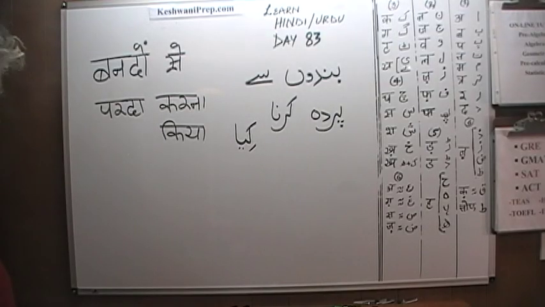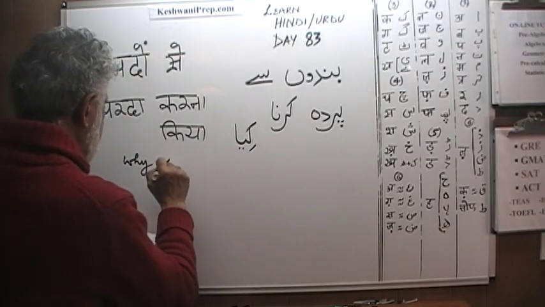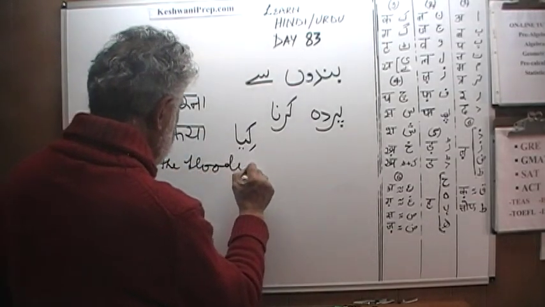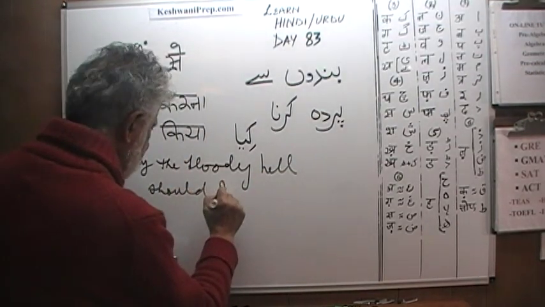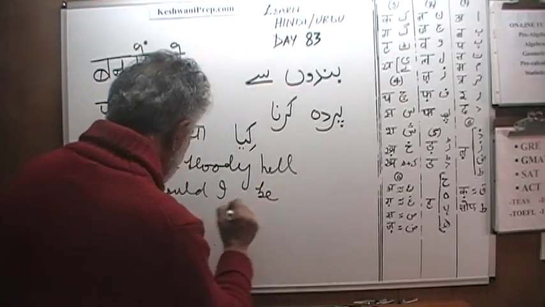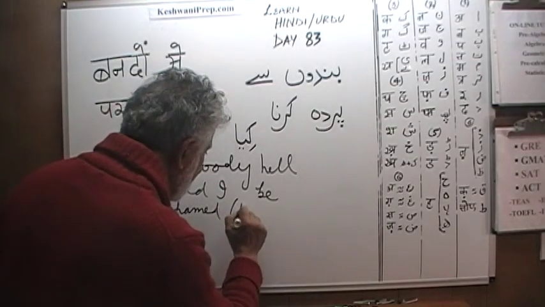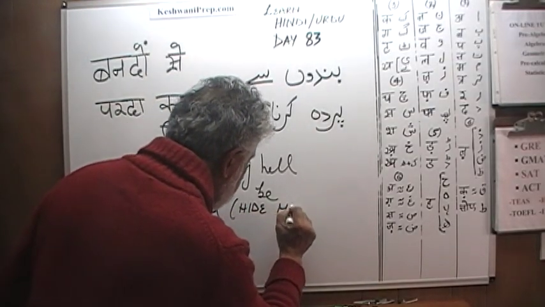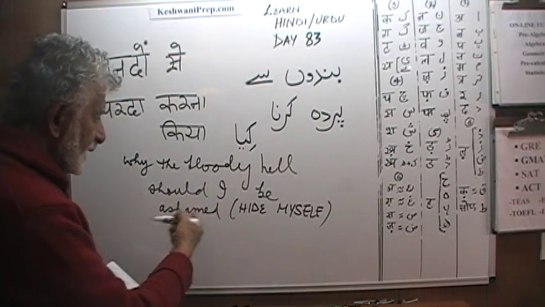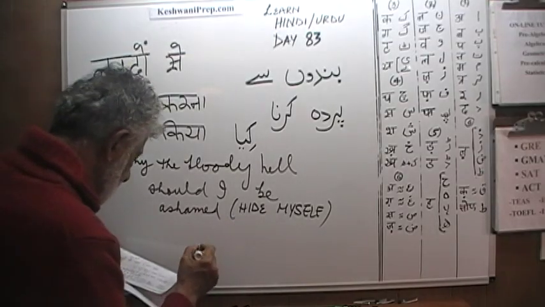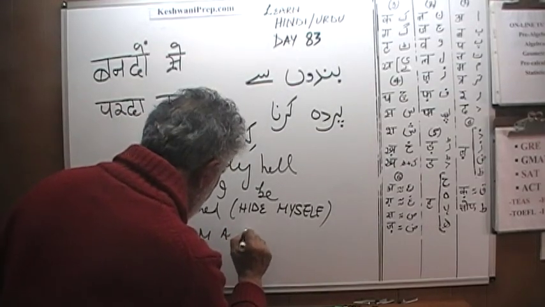And as I said, what this line says actually is this. It says, why the bloody hell should I be ashamed? Ashamed as in to hide myself. Hide myself, hence the parda. Why the bloody hell should I be ashamed or hide myself from a mere